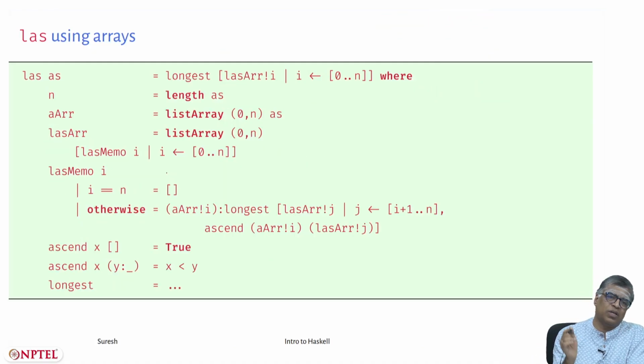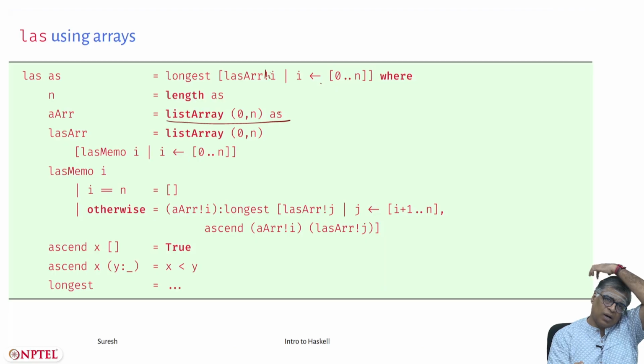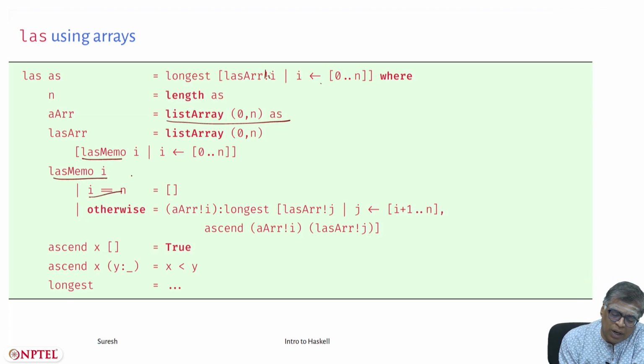And LAS is very similar. LAS is the longest of LAS array bang i, where i goes from 0 to n, where n is the length of the A's. The A array is listArray of 0 comma n A's. I am storing A also as an array. This LAS array is listArray 0 n LAS memo. That is my function of i. What is LAS memo of i? If i is equal to n, then I know that the longest ascending subsequence is the empty sequence, so this is correct. Otherwise,